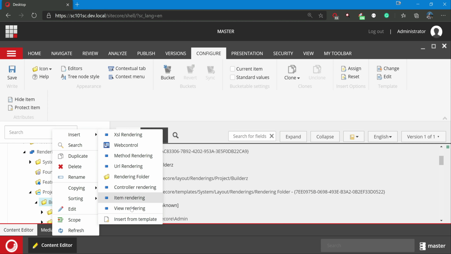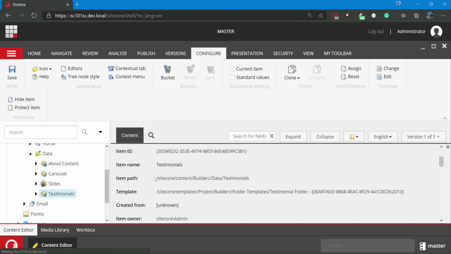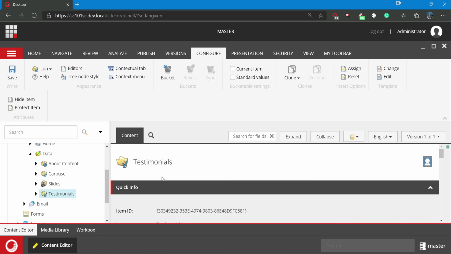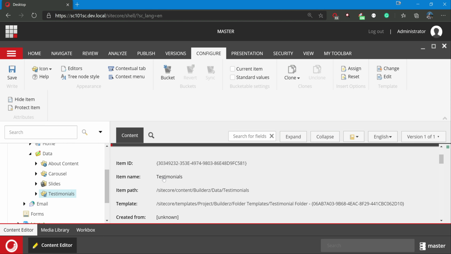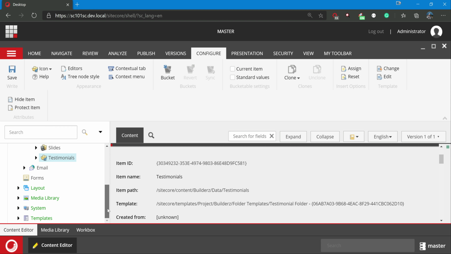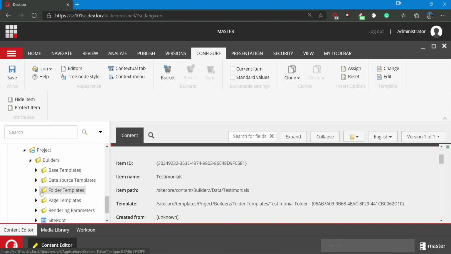you get all these options. These are all the insert options which Sitecore also uses internally out of the box for the templates and all. If you notice, it is coming as a normal template itself. There is no difference, although it does not have any fields. So for this, Sitecore provides one base template, which is optional, but let me show you the benefit of inheriting from that. So if you go to project and folder templates,